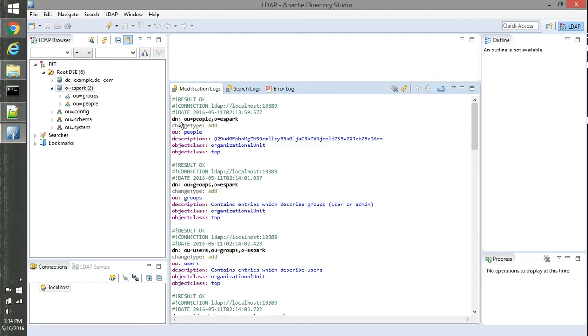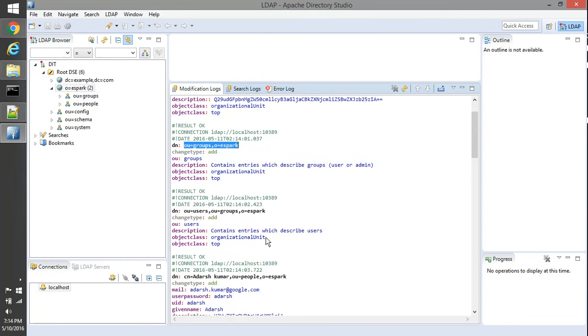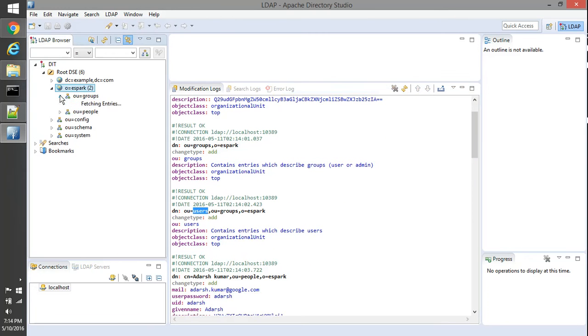First of all, it has imported the people, then descriptions, object classes, everything. Then it has included the groups, and after groups it has included the users. So inside groups we have users.